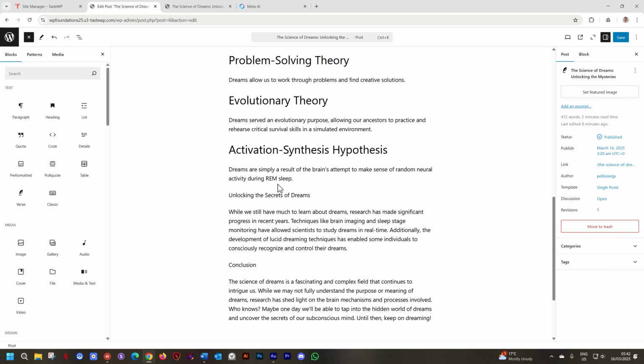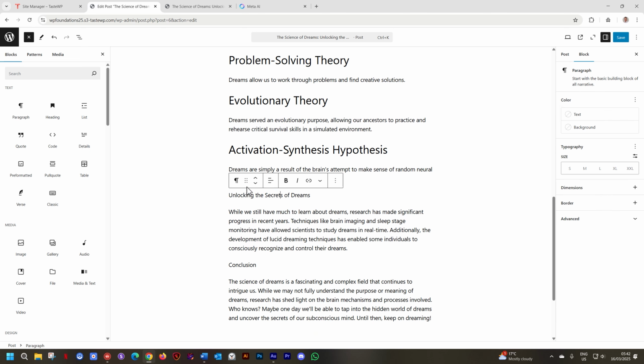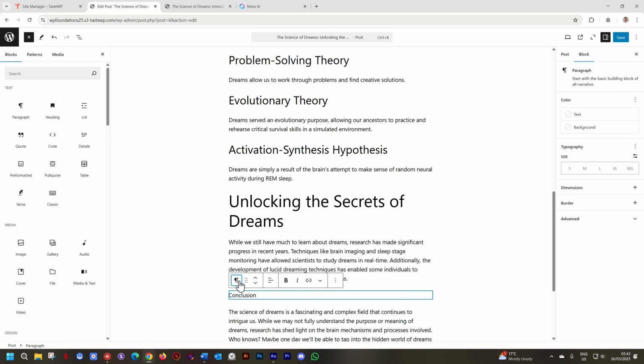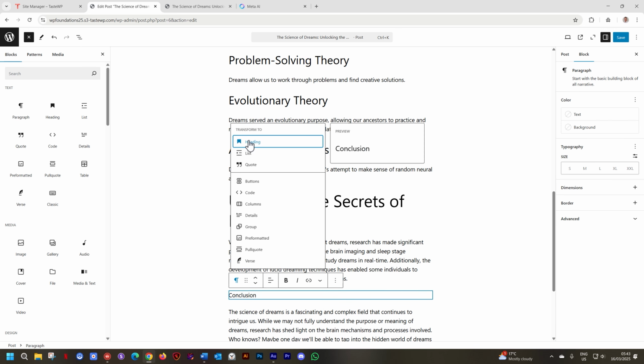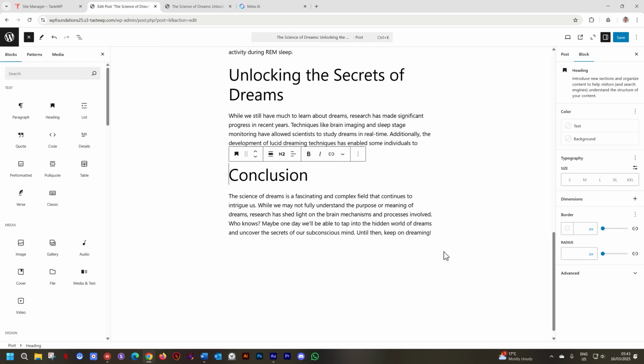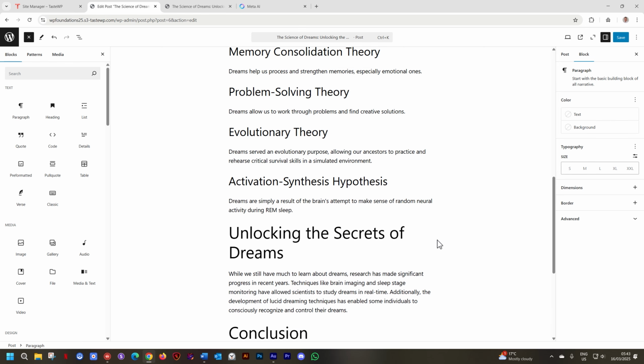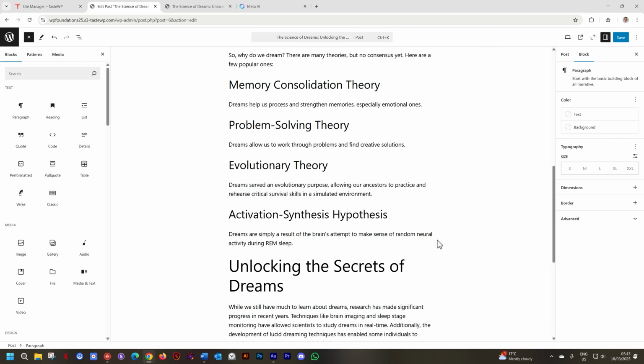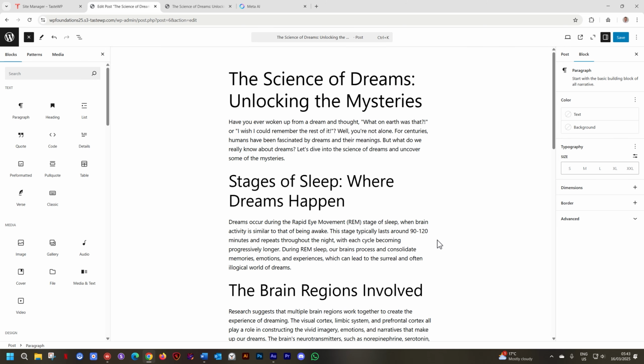And these two are even simpler. Select and transform to heading. And the same for this. And they are H2, so we don't need to do anything. Heading and H2. Much easier than copy, paste, copy, paste, copy, paste the whole time. And we've created this in really short time. Thank you, AI, for doing most of the work.